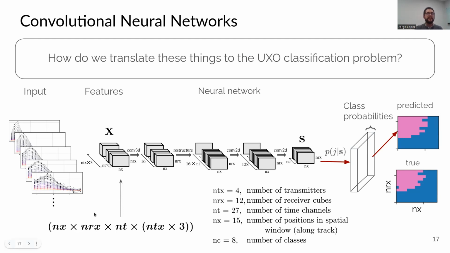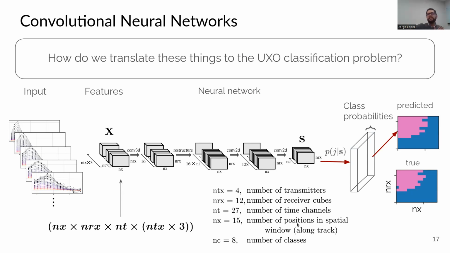The input has to have the width, height and depth, where you expect to have some kind of correlation. So in this case, we're setting nx,